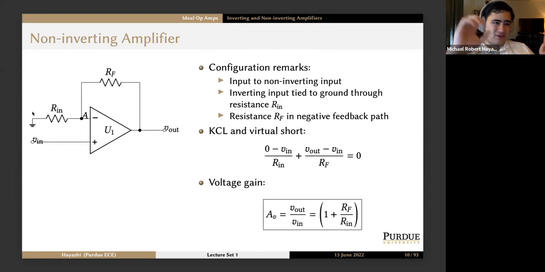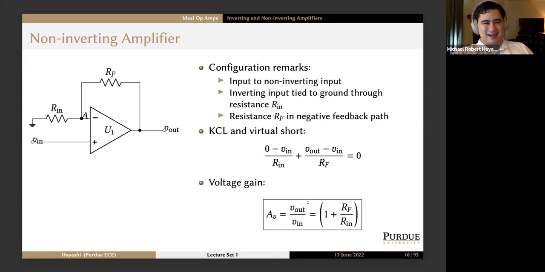If we do the KCL with the virtual short condition again, I always like to sum currents in. So I say 0 minus VA over Rn plus V out minus VA over Rf equals 0. However, by virtual short condition, we have a voltage here, not ground. So we say VA is equal to V in. With the one KCL equation and the virtual short condition, we can solve this and, with a little bit more cleverness in our algebra, get that V out over V in is